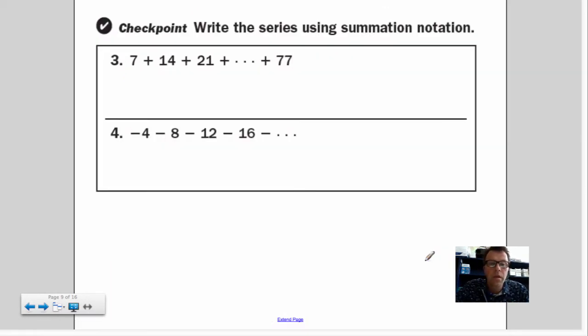Nice. See if you can do these two. Again, try your best. Definitely get in that, write that summation notation. Nice Greek letter, right? Big Greek letter. You can write it as big as you want, and then the rule. Then you should use I in your rule, and then this goes from I